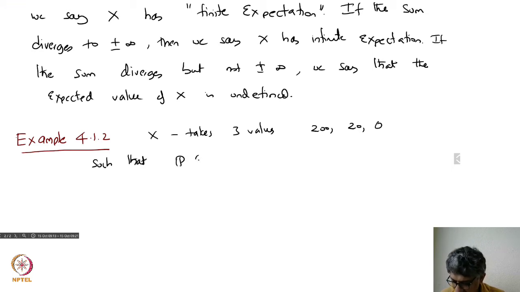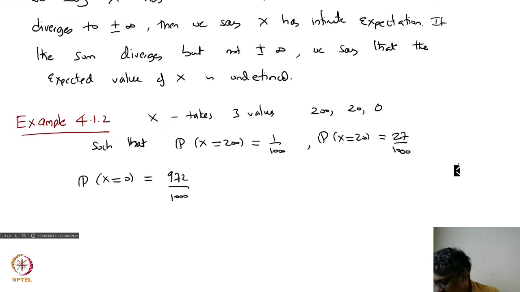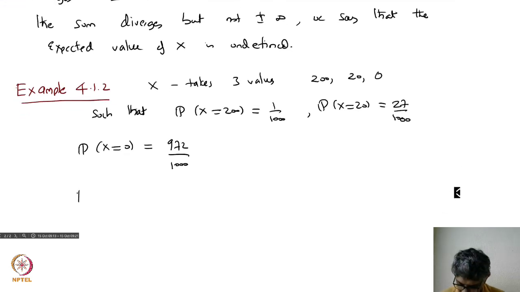Such that the probability of X equal to 200 is equal to, let's say, 1 over 1000, X equal to 20 is 27 over 1000, and X can take the rest with high probability, X equal to 0, with 972 by 1000. Then this would mean that the expected value of X,